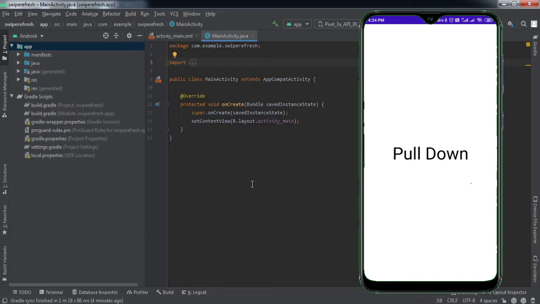If you can see on my mobile screen, there is this simple screen which says pull down. If I simply pull it down, the pull down text has been changed to 1 and there was this toast which says refreshed, right? If I again pull it down, the number changes to 2. If I again do that, it increases to 3 and there is the same toast. This is just for this example's sake, I have done this number thing and toast.